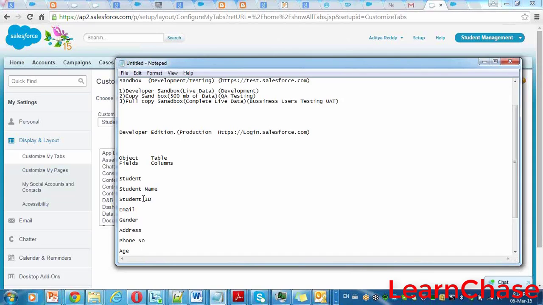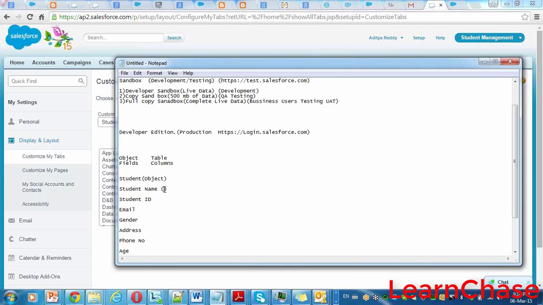Now tell me, this is the object. For storing student name, what kind of data type do we need? We can use characters. Char, yeah. In Salesforce, we have text, text area, long text, rich text.